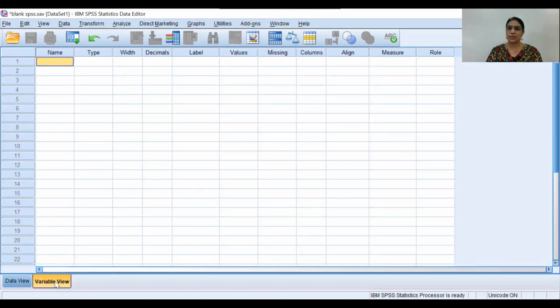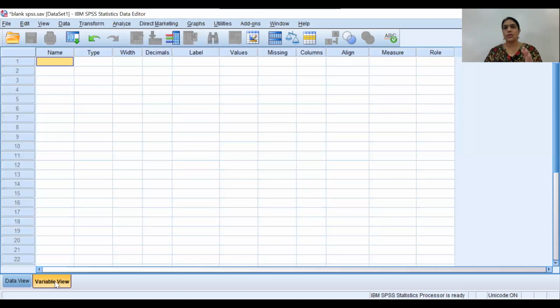Now, what is variable view? Variable view is nothing but you have to create a proforma of your questionnaire. Clear? Whatever questionnaire you have prepared in a Google document or in a Word document, you need to type here with proper codes. For each variable you have given some codes that you have to enter here.